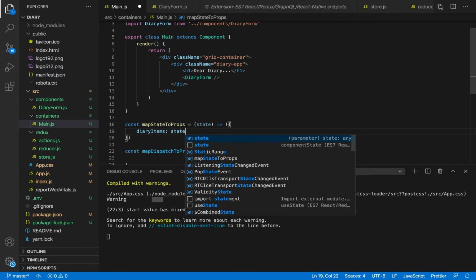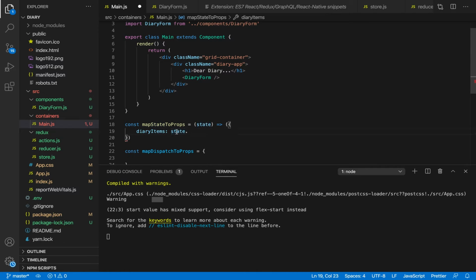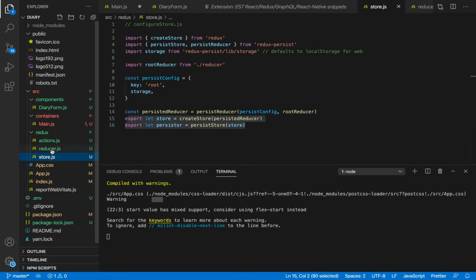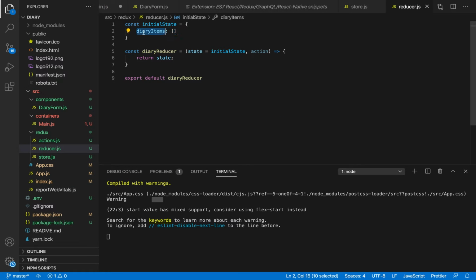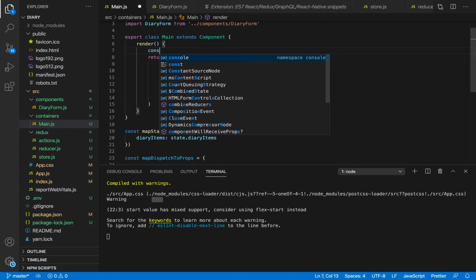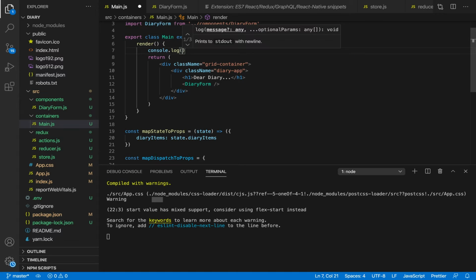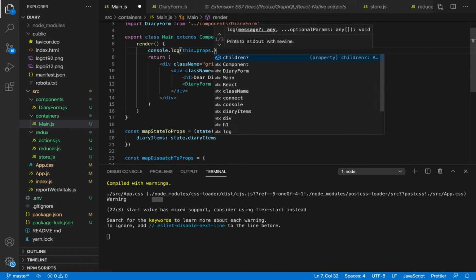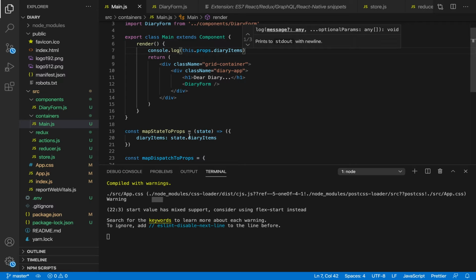To access this, it's going to be state, which is being passed in for us, dot whatever is inside the reducer.js, as you can see, state.diaryItems. This has to be the exact same name. So we're receiving it from there, state.diaryItems. Now to actually display these diary items, if we go inside this render, let's console.log this.props.diaryItems. This just changes this into props, and we can access it using this.props.diaryItems. If I change this to diaryItem, I would have to change this to diaryItem as well. Okay, so it's just going to log an